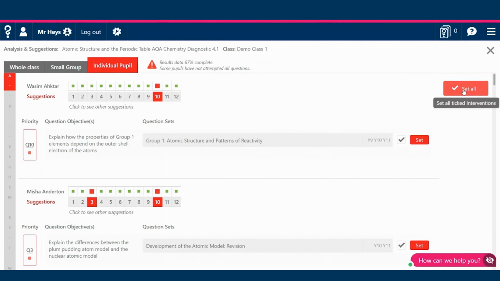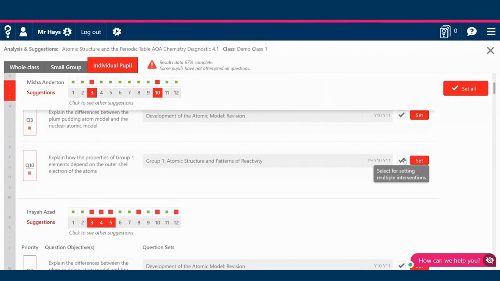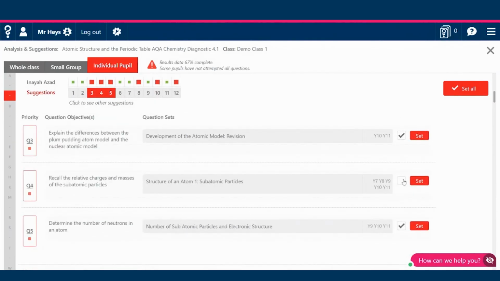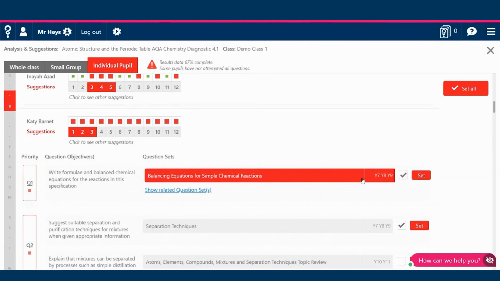The teacher can hit set all and do that with no workload whatsoever, or they can scroll through, and for students who've got more than one question wrong, the teacher has control over exactly how many or how few question sets